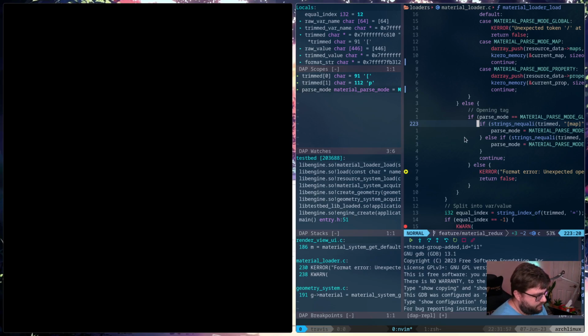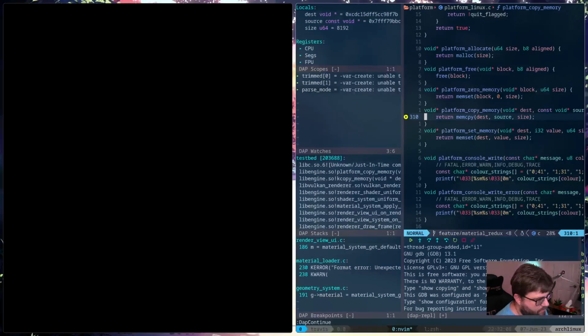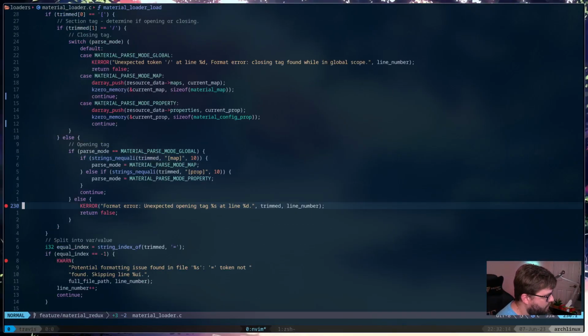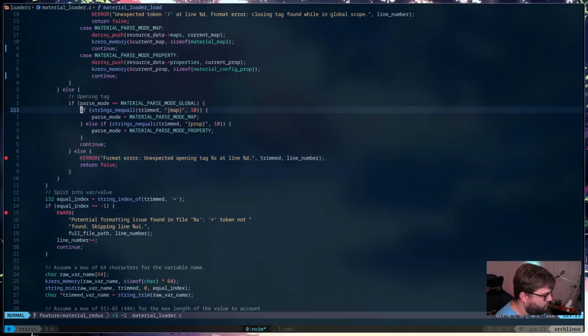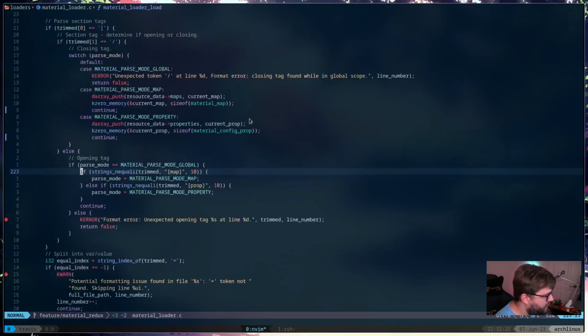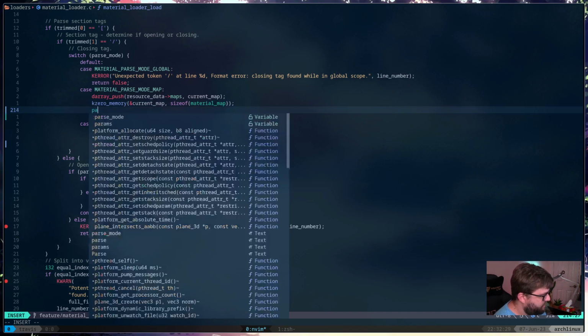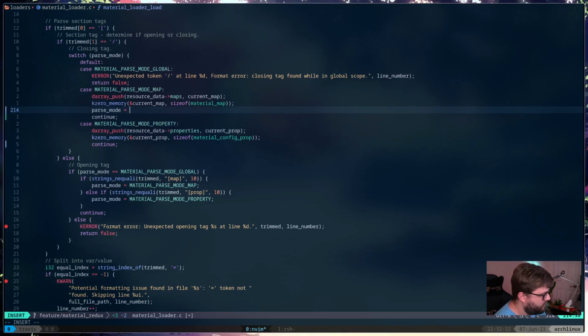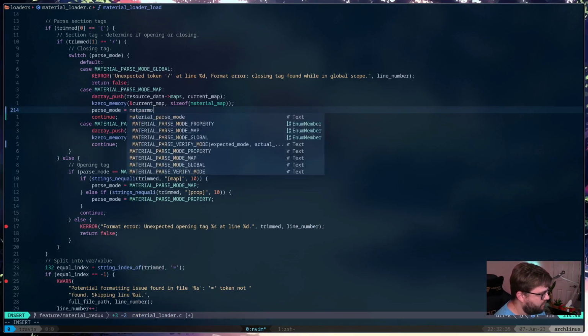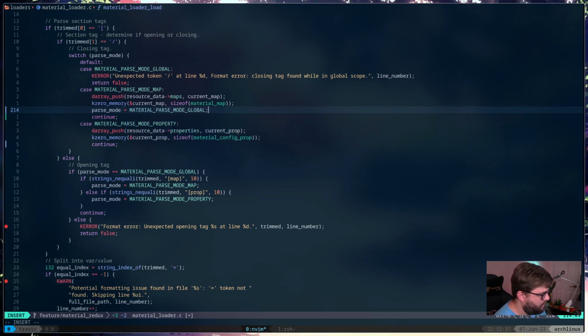Okay, so before we can continue, this actually needs to be parse mode equals material parse mode global.